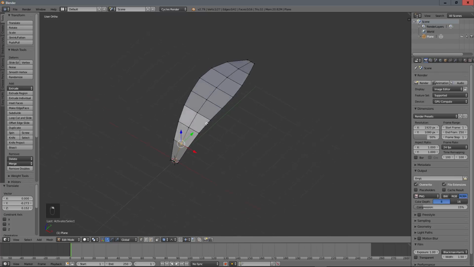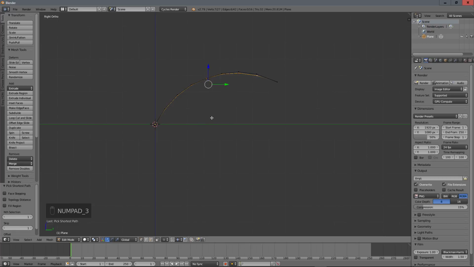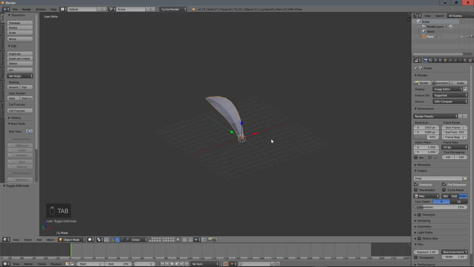Then I will select from here to there with Ctrl right click this time. Without proportional editing, I will go inside view again, and just with a little G put this somewhere like this, okay? So now we have the global shape of a leaf. We will just smooth it,